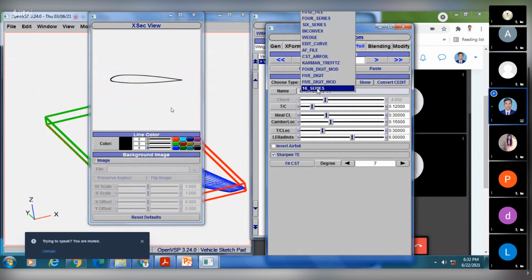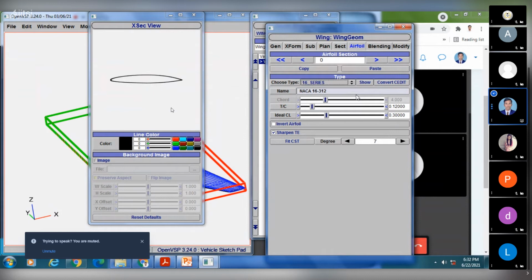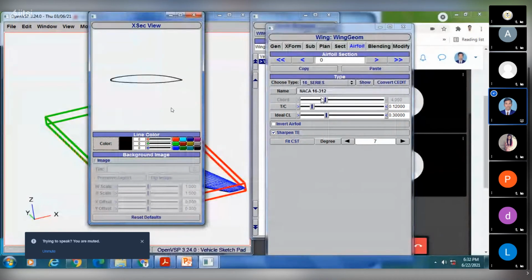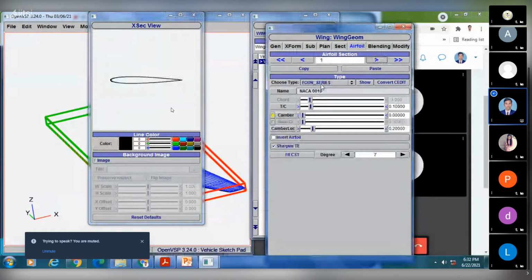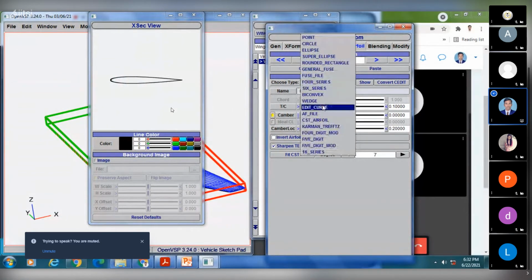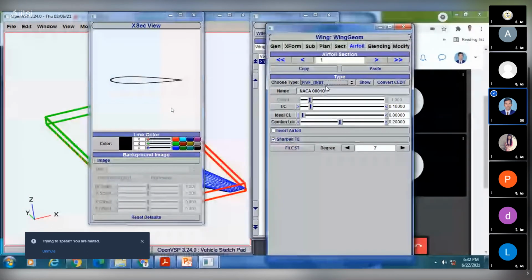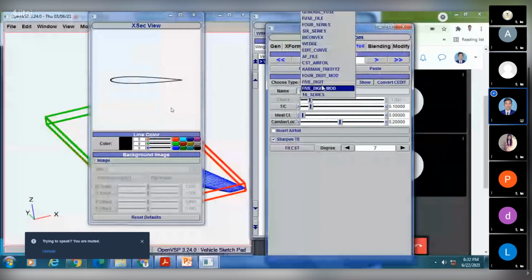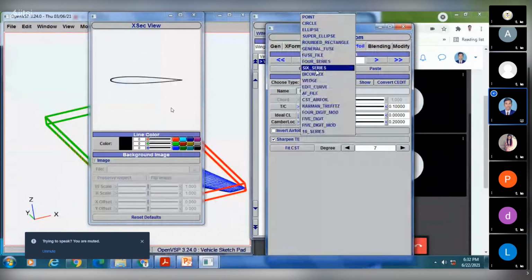In this new version they have updated it, no problem, we will play with this only. Here we have the 6 series.